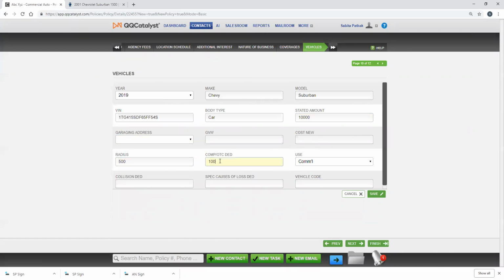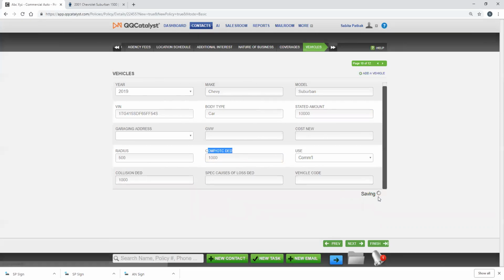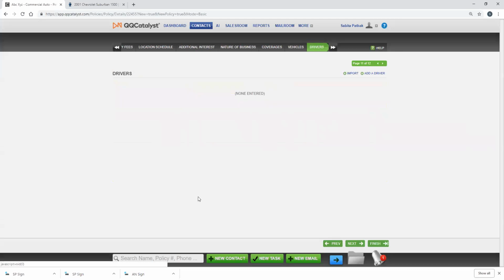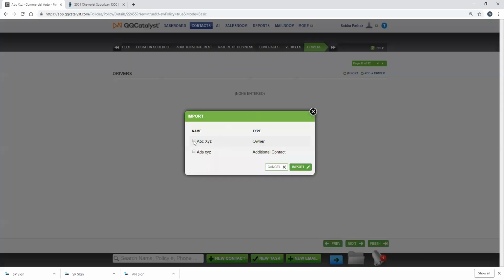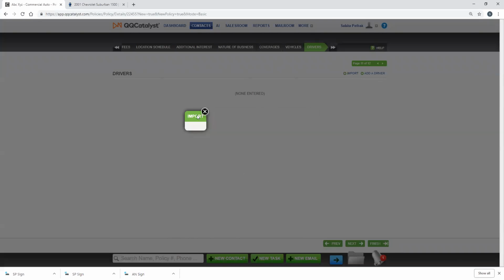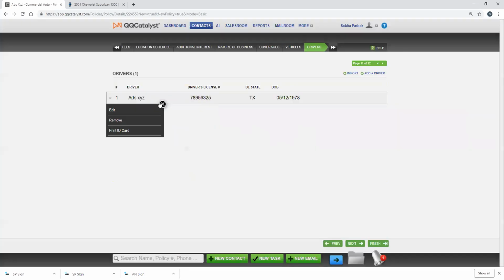Now, comp and collision deductibles apply for when the car gets into an accident, or when there is hail damage. Those are the things you need to put a deductible on, the one the client wants you to pick. The second part is driver, where you're going to import the driver. Say if the owner is already imported, you can just put that person's name and their driving license